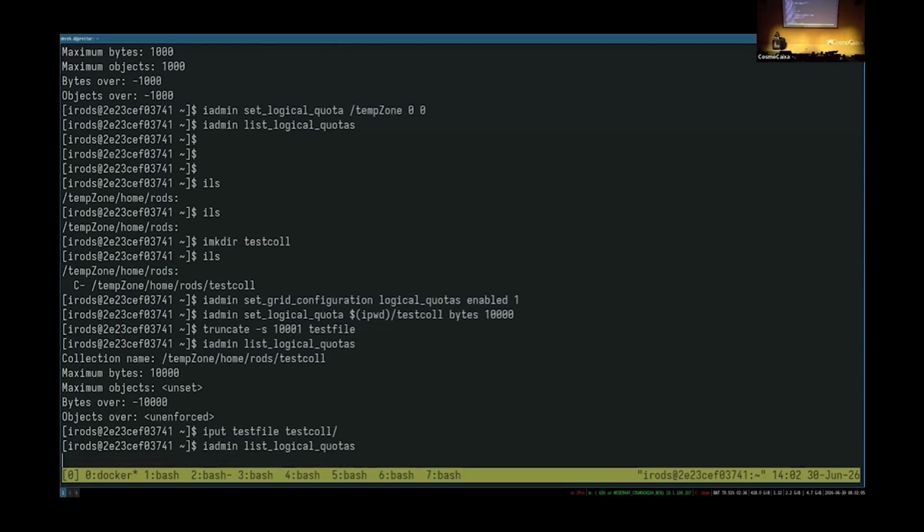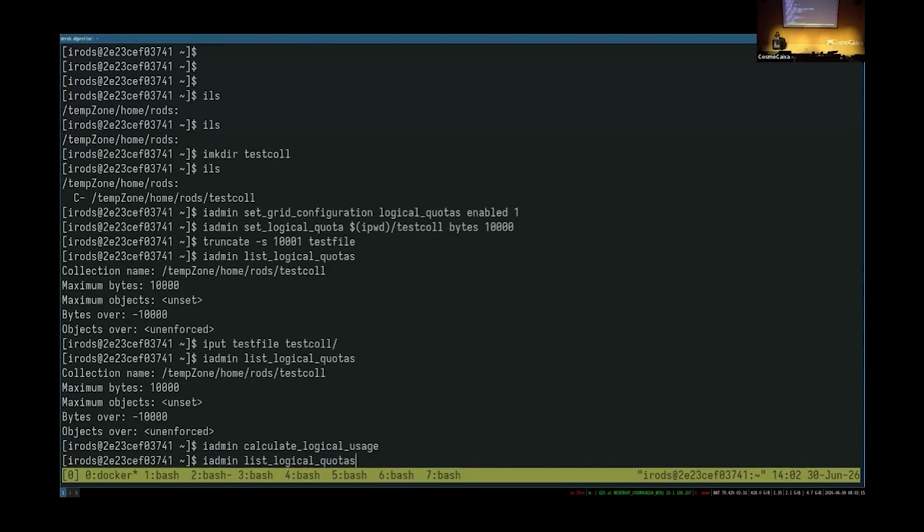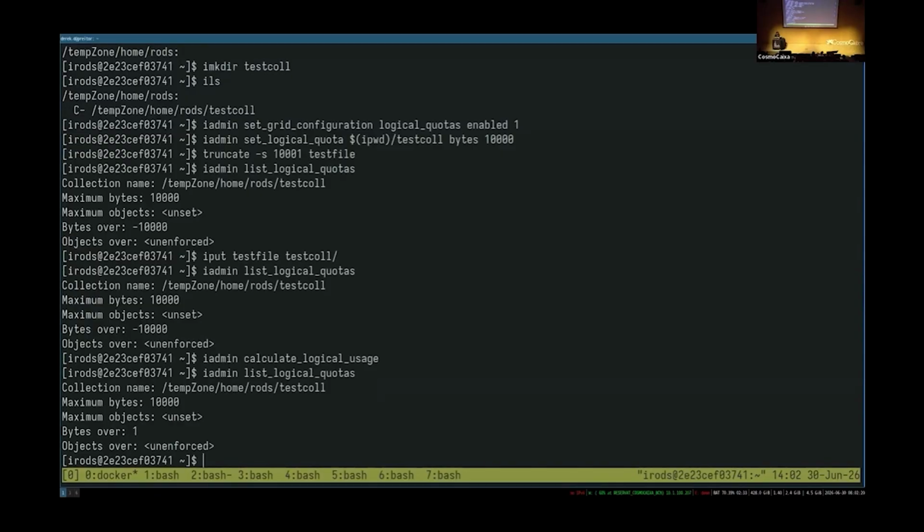And you can see that it hasn't done anything yet because you have to manually recalculate. So, calculate logical usage. All right. And yeah, 1 byte over, because the created file was 10,001 bytes and the quota is set to